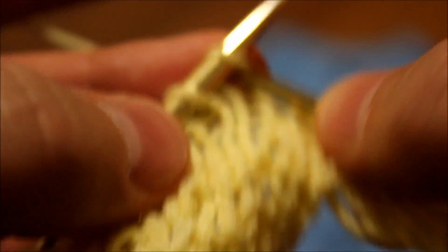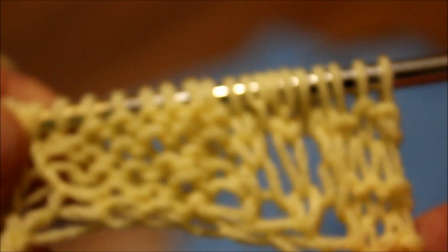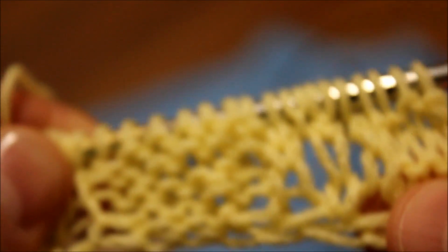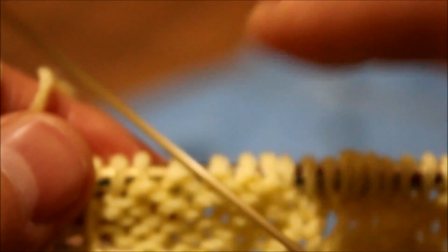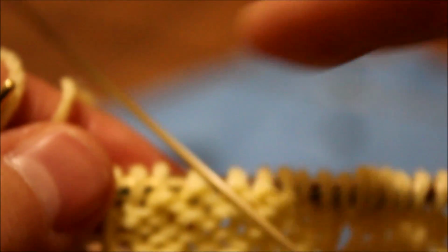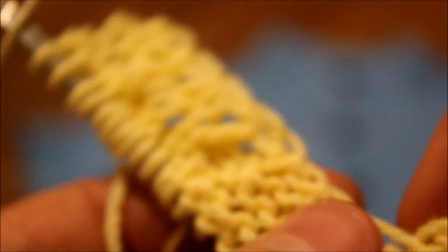And then we just do the regular knit stitch. So I'm going to let you continue knitting like this, and if you have any complications on knitting the leaf, I will put the link on how to knit the leaf, and then you will follow up with that, and that's all to it. You just continue knitting like this, and I will come where we're going to be starting the second leaf, and I will show you how to make the second